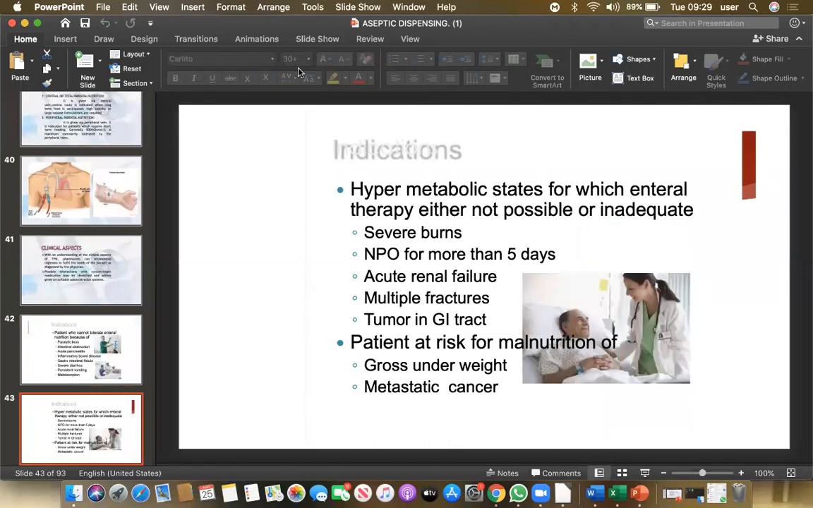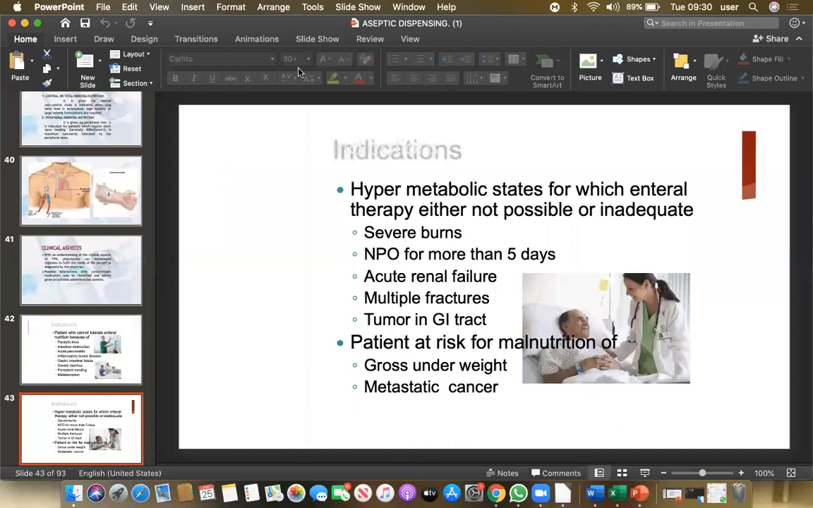Furthermore, hypermetabolic states for which enteral therapy is either not possible or inadequate, such as severe burns. In case of burns, it's not possible for the patient to take food through the oral route. Also, NPO for more than 5 days. If the patient has not been taking food for more than 5 days, he can be switched over to parenteral